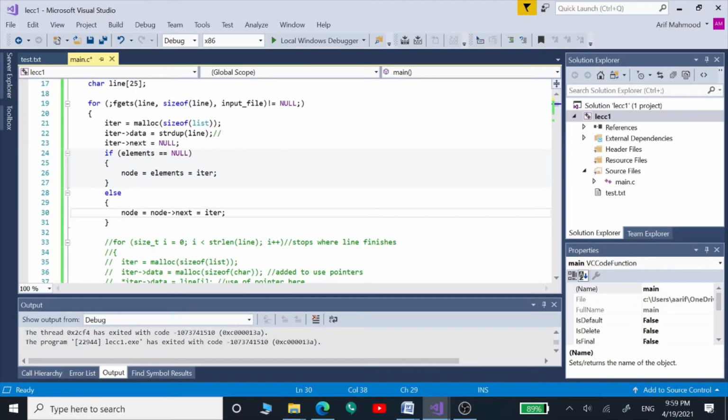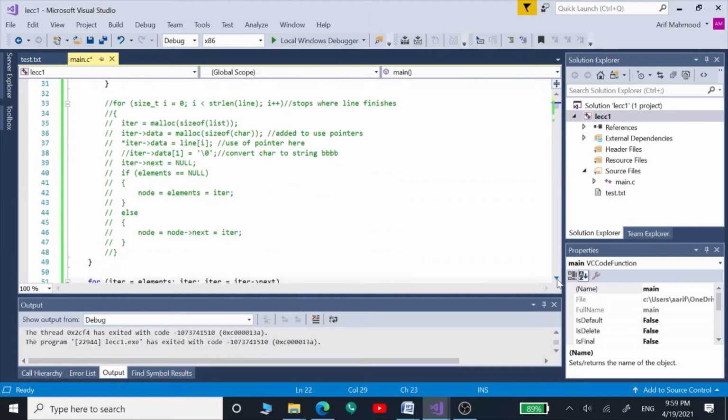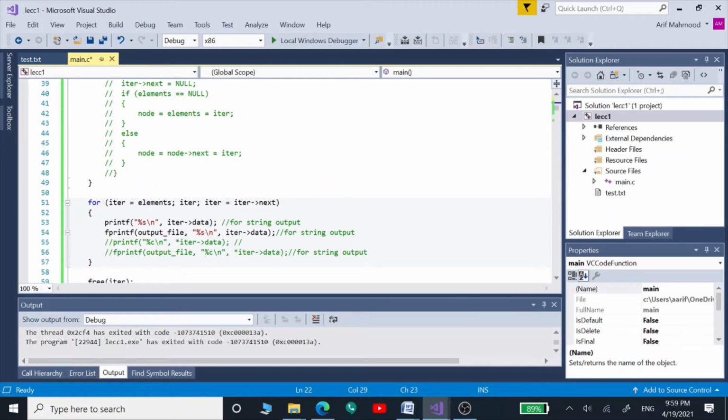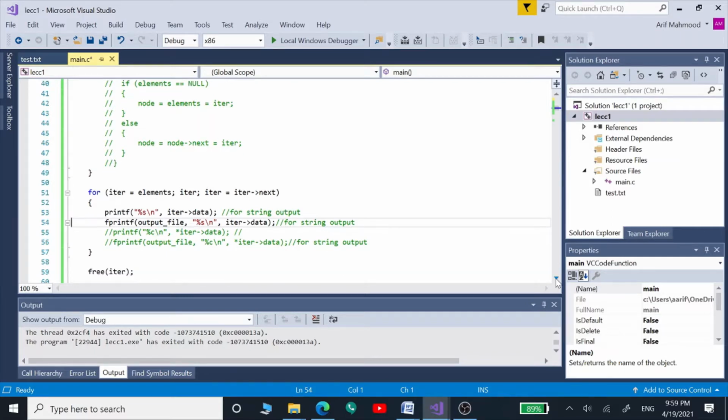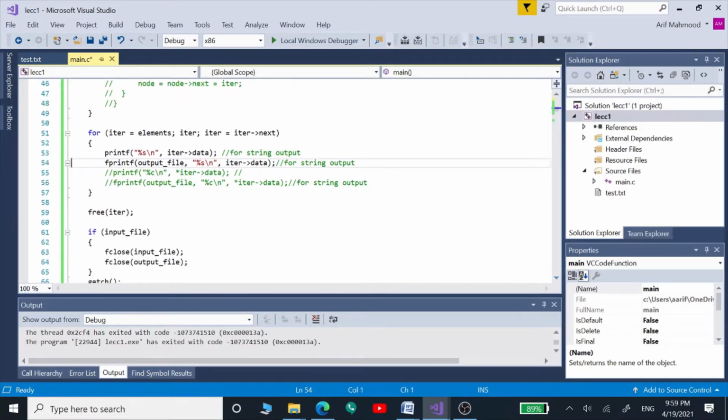But right now this is a string list, since we are storing the string variable line inside our string list. After that we iterate through the contents of our list one by one using this for loop. This is the way we iterate through the elements of a list which we define on our own.